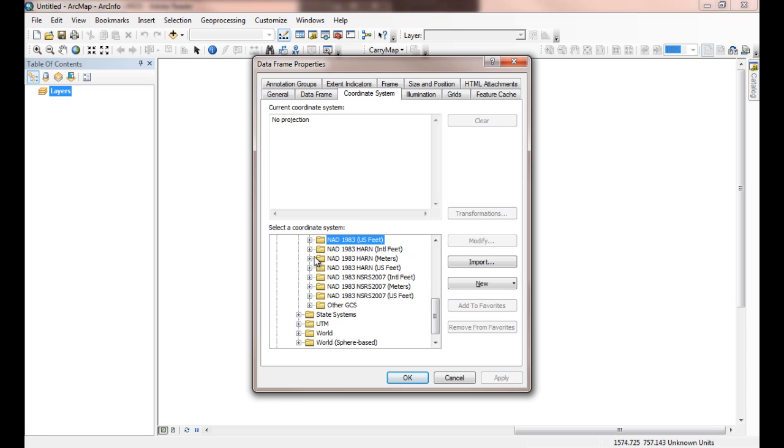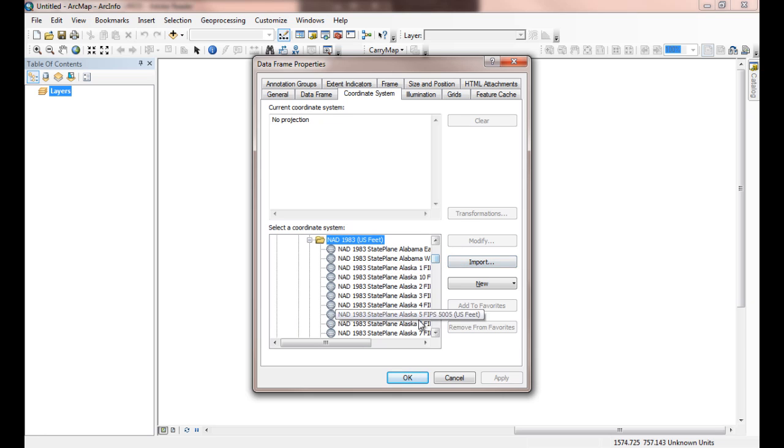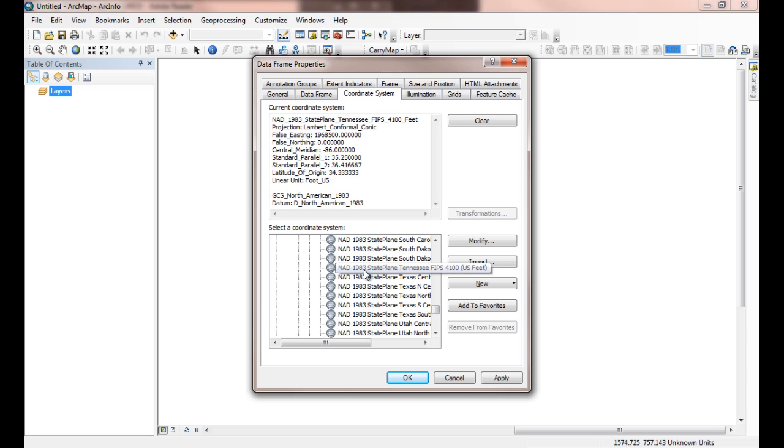Note that, let me close this. There are several other 83s in there, so make sure you get the one that's NAD 1983 US feet, and then just scroll down until you get to Tennessee. And luckily for Tennessee, we only have one state plane projection for the entire state, so that makes it a little easy for us. We can select that, click apply,